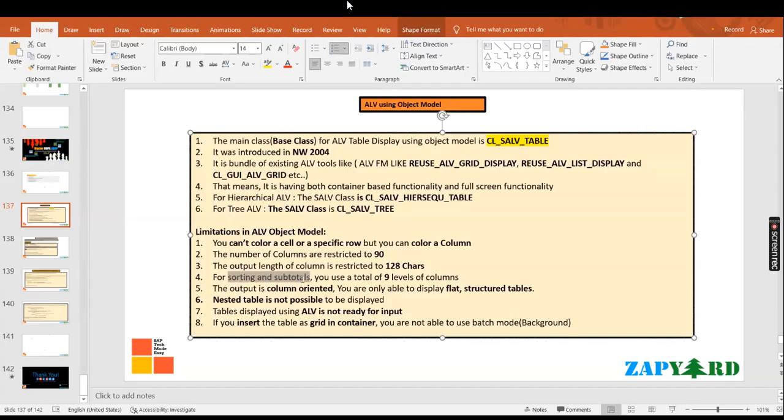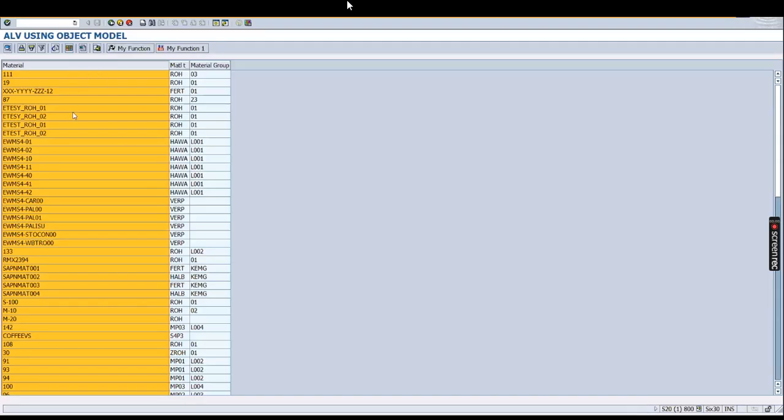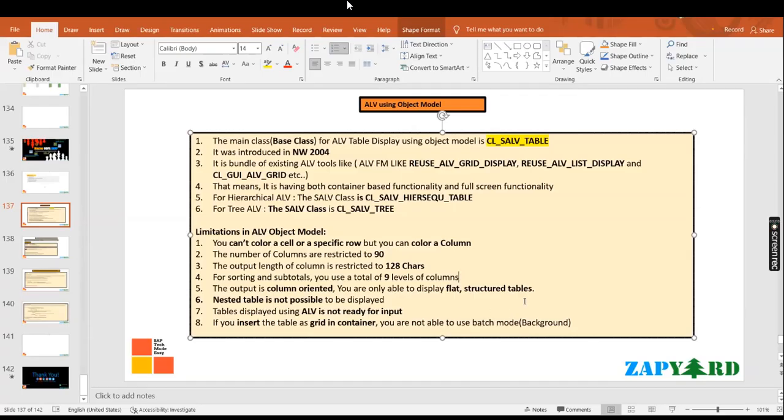For sorting and subtotals, you can use a total of 9 levels of columns, right? So sorting means if you want to sort, a maximum of 9 columns you can select together and sort, 9 levels of sorting or 9 levels of subtotal only you can make. Okay,